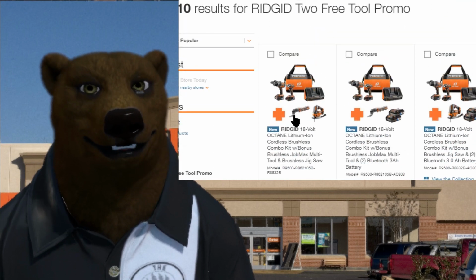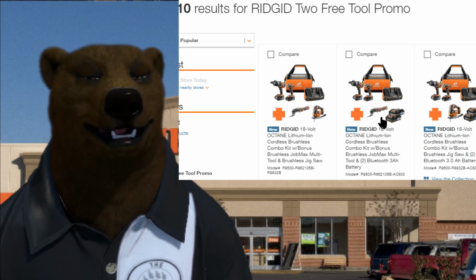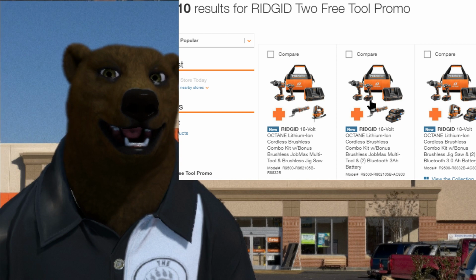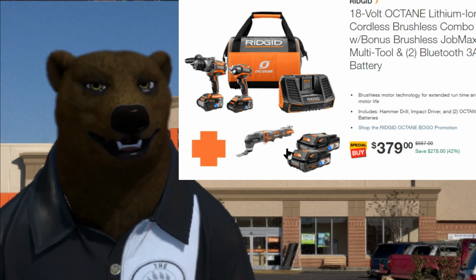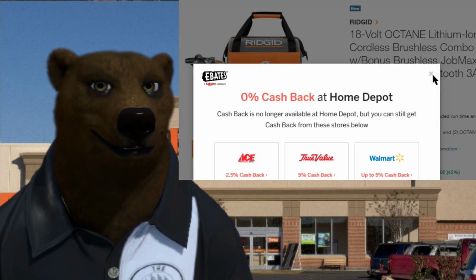Not the one here that's got the multi-tool and the jigsaw. Get this one with the extra batteries, and here's why. Let me pull this up. Come on. You can do it. There we go. All right. So you see here, this...